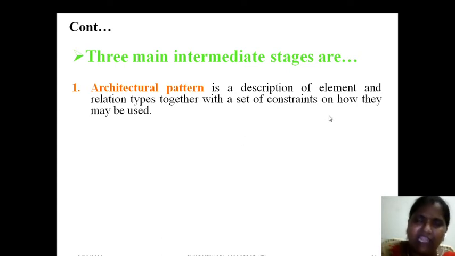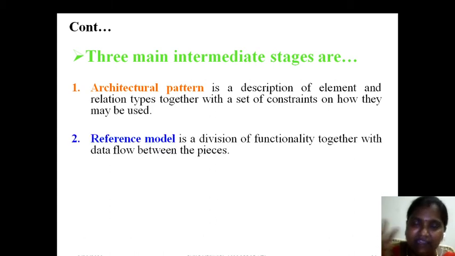The main elements are customer, buyer, and producer. Three will come. Who is the customer? Who will buy from you? Who is the investor? That is you. And who is the producer? From where will you get the cars? That is called an architecture pattern containing elements.